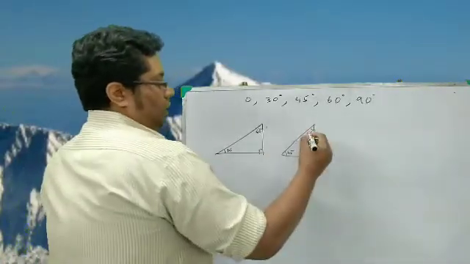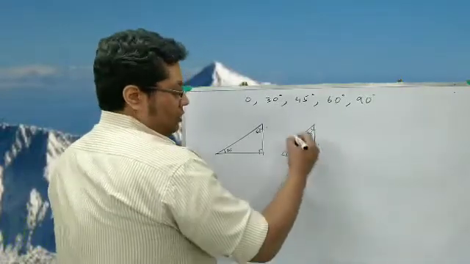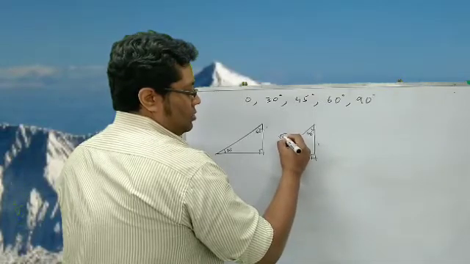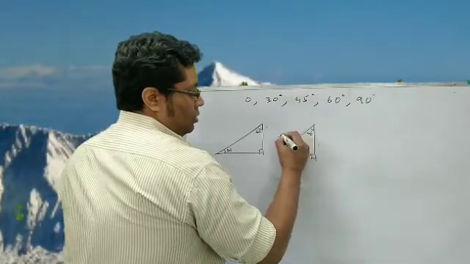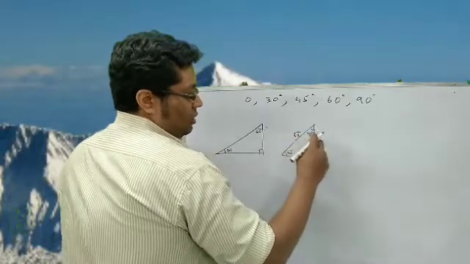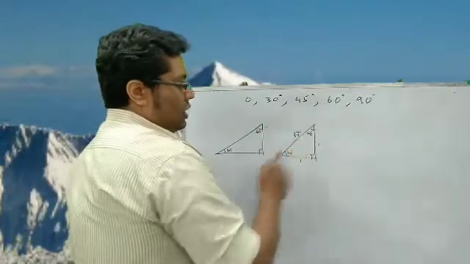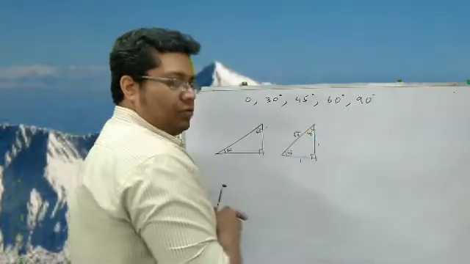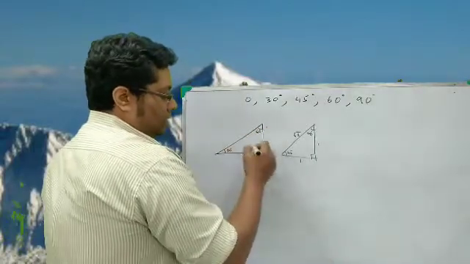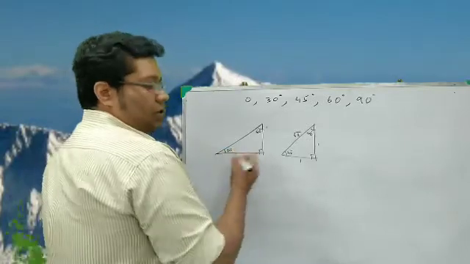Now, in this one, say this side is 1 and this side is 1, then the hypotenuse is root over 1 square plus 1 square, which is root over 2. So that means this is a unit triangle we can consider, whose 2 sides being 1, the hypotenuse is root 2. And the other one, where the angles are 30 degree, 60 degree, 90 degree, in that one, from triangles